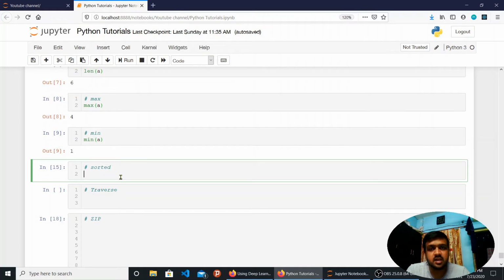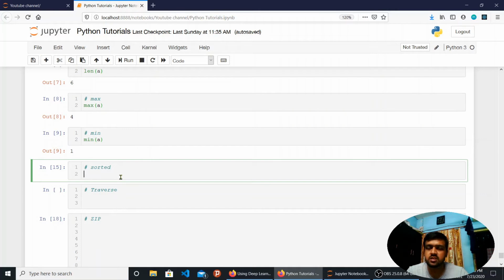Let's say I want to transfer the item from the second position to the 4th position. No, I cannot do that. Similarly, sorting is also like transferring of elements, so in the same tuple, I cannot perform sorting or transfer of elements. That's why we don't have any sort method for tuples.